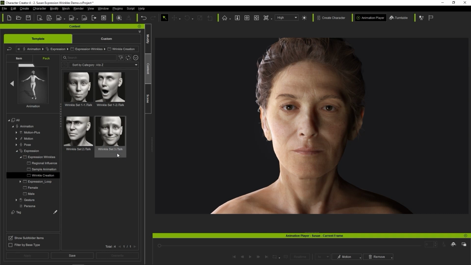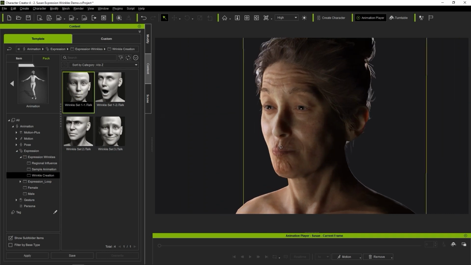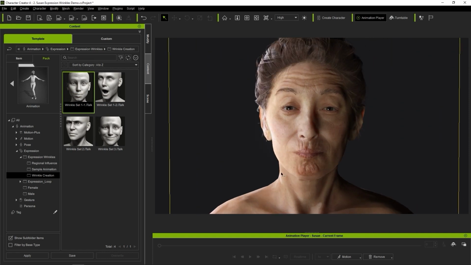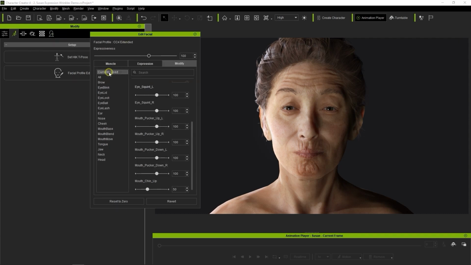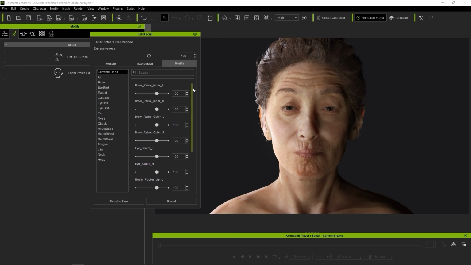If I apply wrinkle set 1-1, we can open up the Edit Facial tool and look at Currently Used to see all of the sliders used in this particular expression. Forehead wrinkles generally appear when the various brow sliders are used, while eye squint and mouth pucker sliders generally influence wrinkles in their respective facial regions.